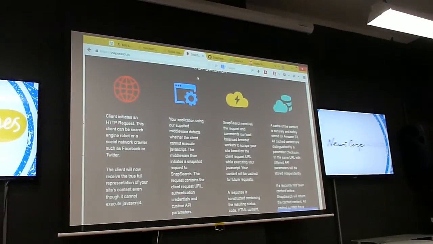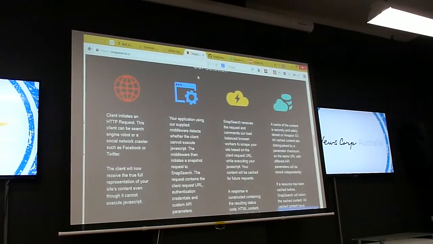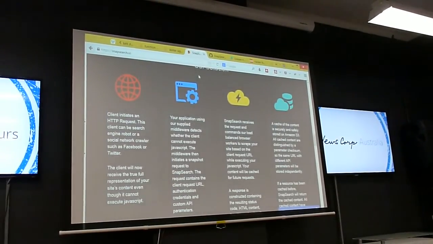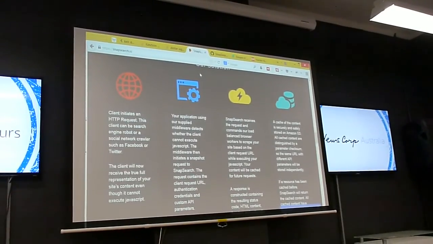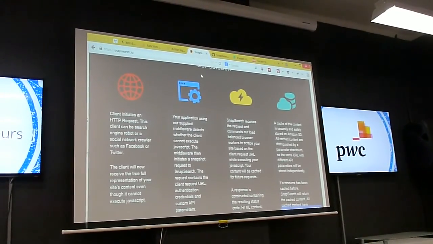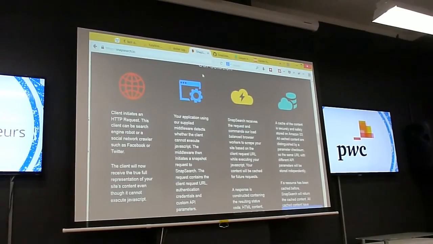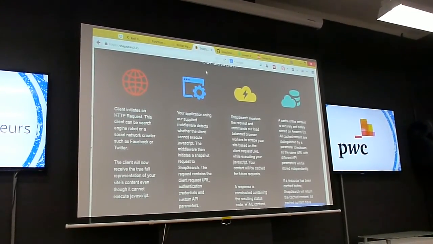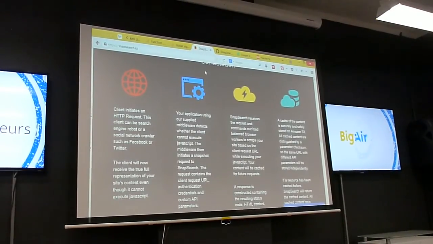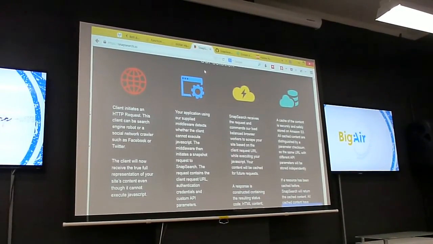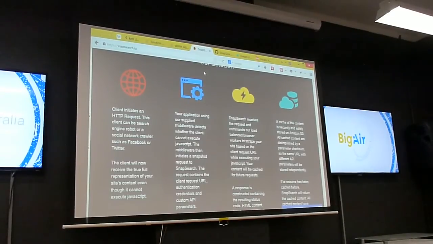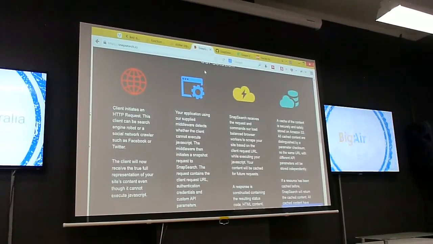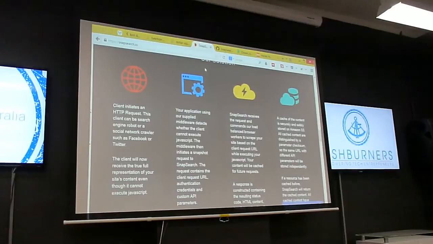So what happens is that you have a thing called a client. A client is how we describe search engine bots and dumb HTTP clients. These are the things that request information from your page. So let's imagine Google requests your website. We call it a client. It sends an HTTP request to your website, and what happens is that at the entry point of your website, which we call the front controller,